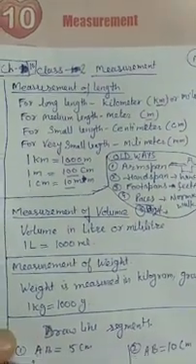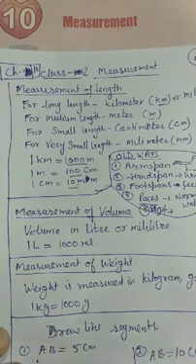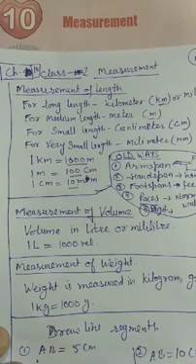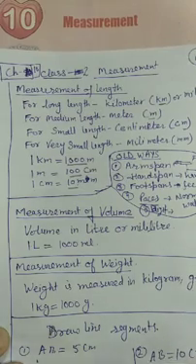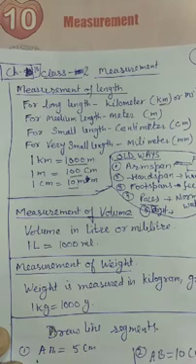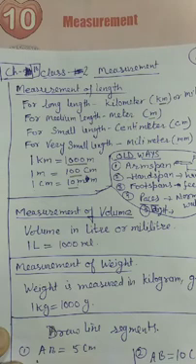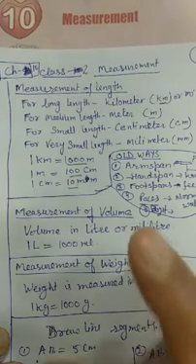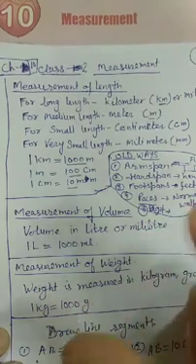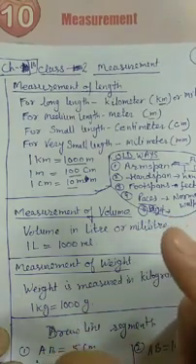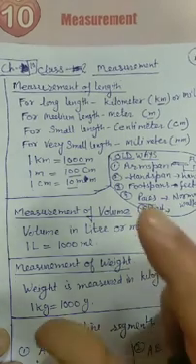Now how to measure the volume? Volume means the measurement of the capacity, how much a container contains in the form of liquid. We can't say that in a bottle 1 kilogram water is there; we have to use liter or milliliter. Some of you have bottles of 1 liter, and you might have seen cold drink bottles. Some are of 750, some small ones are of 250, and your cough syrup is less, like 100 ml or 200 ml small pots.